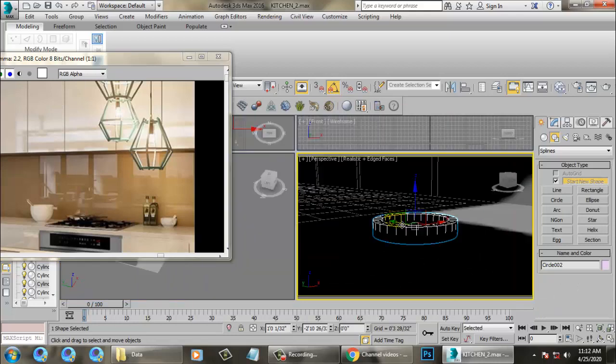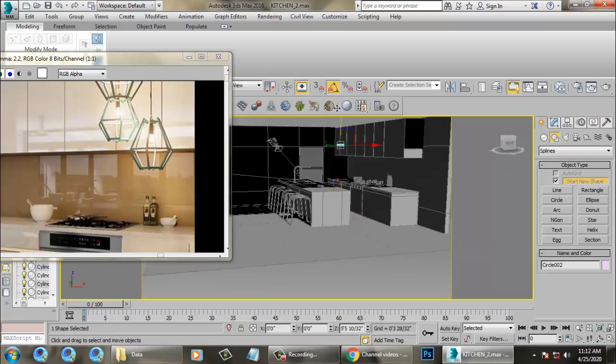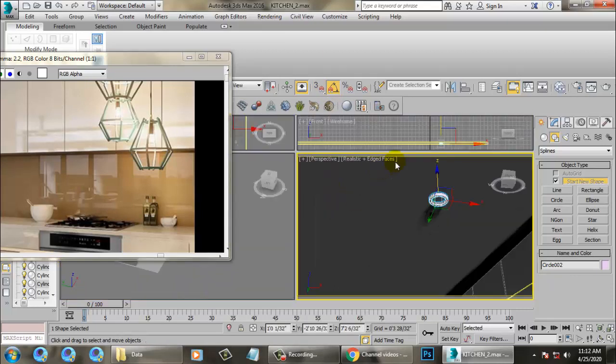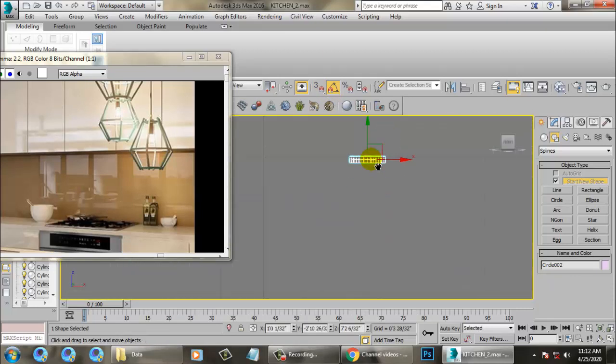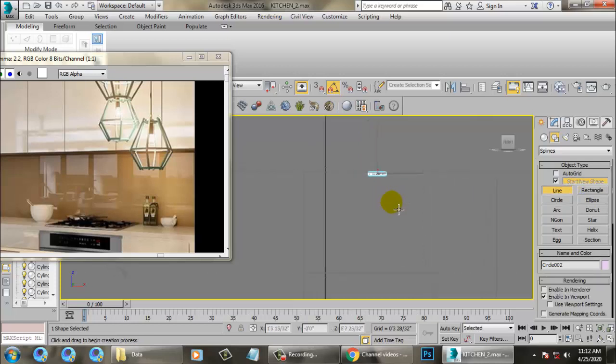Push this up. Scale it. Take a line over here and push it in this way. Better.